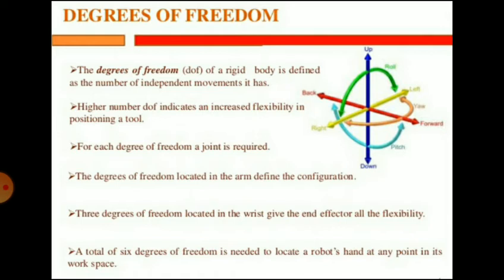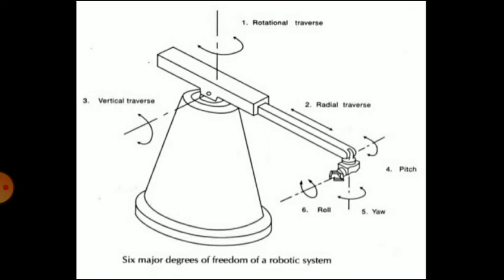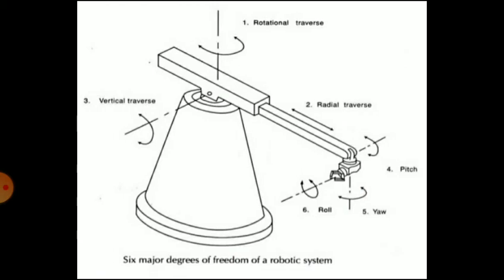A robot manipulator can be divided into two sections: body and arm assembly and wrist assembly. There are usually 3 degrees of freedom associated with the body and arm, and either 2 or 3 degrees of freedom associated with the wrist. So, in short, body and arm consist of 3 degrees of freedom and the wrist consists of again 3 degrees of freedom. So in total there are 6 degrees of freedom for an industrial robot.